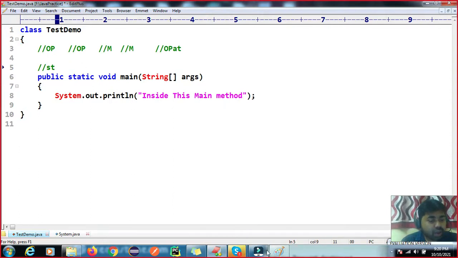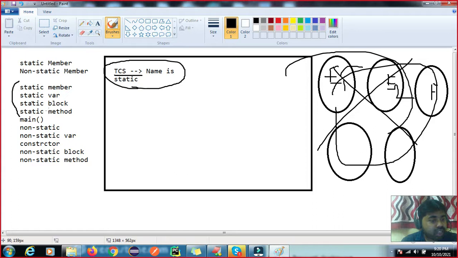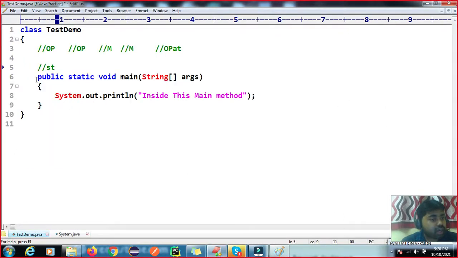Okay, so now we will explore what a static method is, right? I explained why the method concept is required. If you have some repeated task, that task we will write inside a method, and that method we will call, so that operation is reused by using the method. So we have static methods and non-static methods. How to create a method? This is the complete syntax of the method.